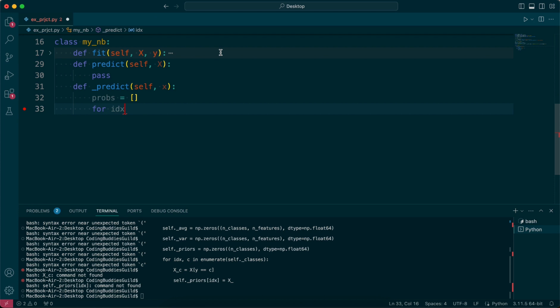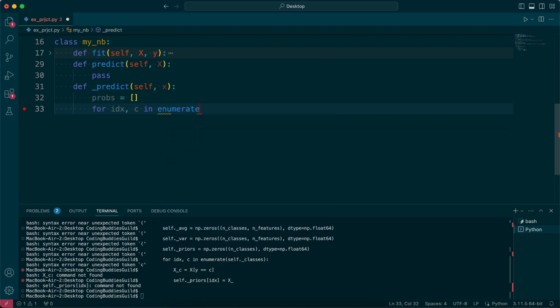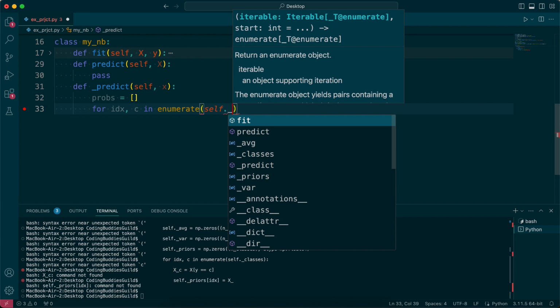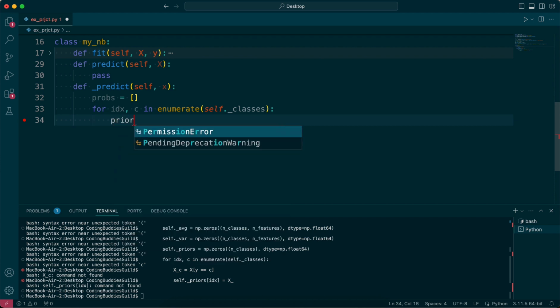So we're gonna have the exact same loop, idx and s and c, in enumerate of self._classes. For each of these, I want to calculate the prior. Prior would be